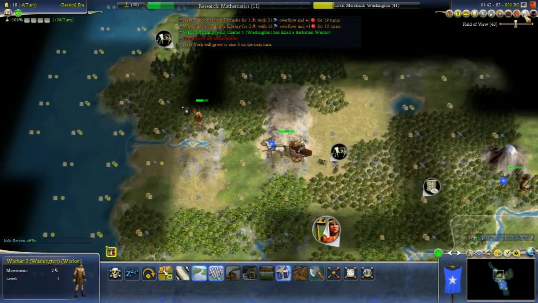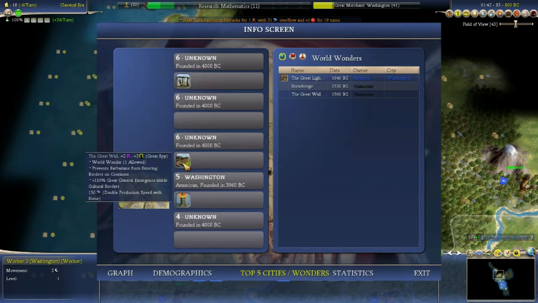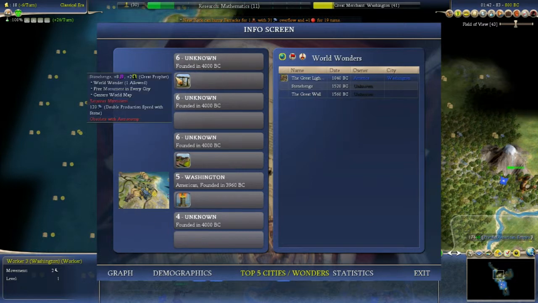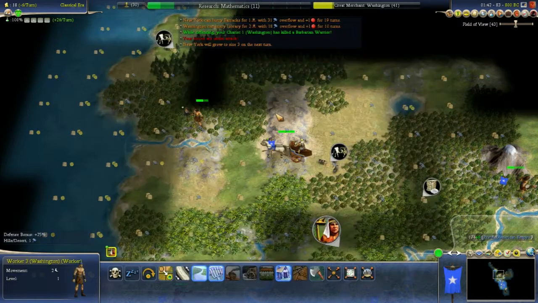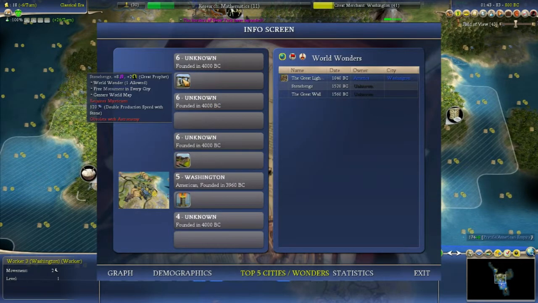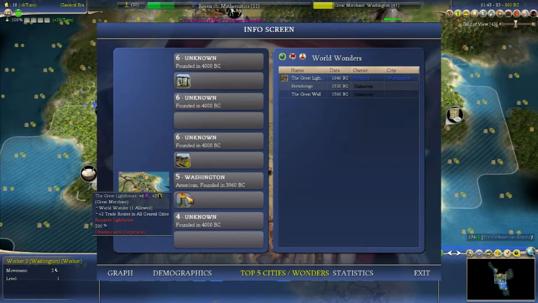At this point I want to know what wonders have gone. Stonehenge and the Great Wall have gone, as shown in this list, which is much nicer in BUG mod than in vanilla Civ 4 BTS, as you may well expect. So everyone founded their city on the first turn by the looks of things, and everyone has 6 pop. At least the best civs do. This ranking, by the way, is the most cultural cities in the world. So I am 4th in that regard, presumably due to the fact that I'm not creative, and because I have...